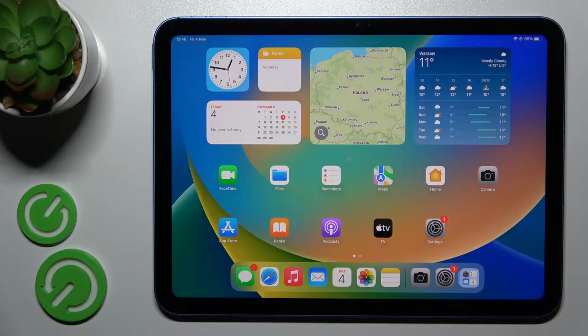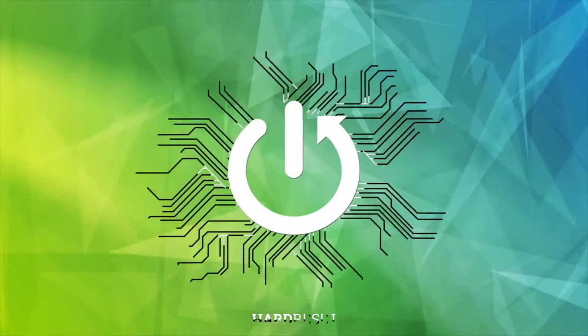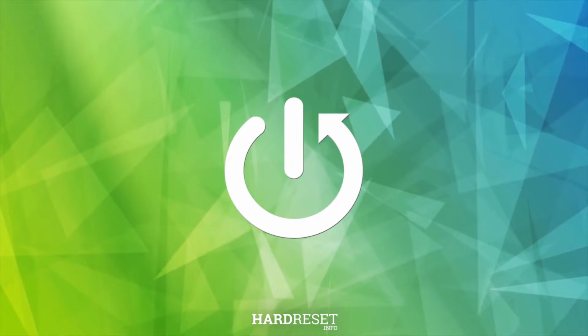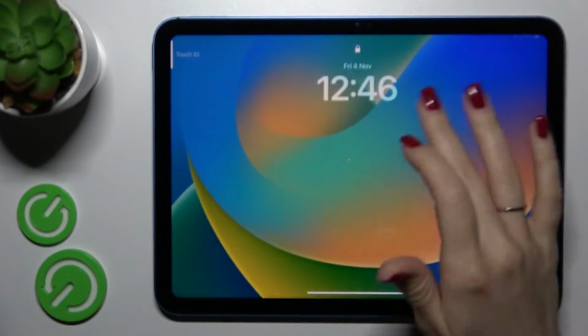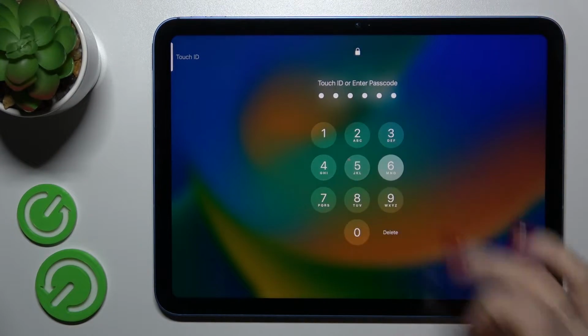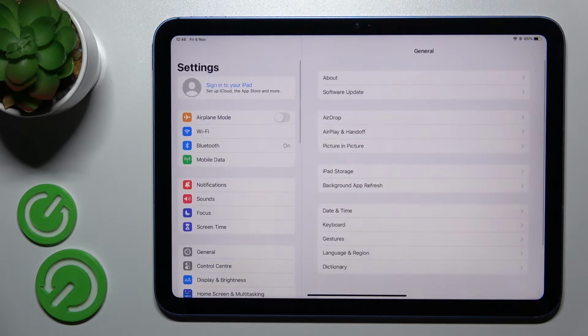Hi, today I'm here with my iPad 10th generation and I'll show you how to change the lock screen wallpaper on this device. So let's first see our current wallpaper, and now to change it we should first open the settings